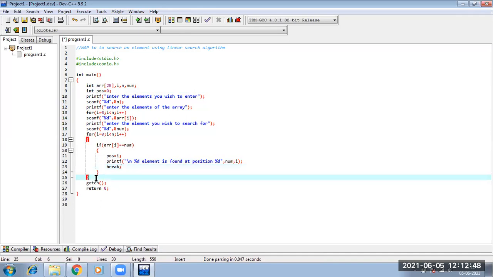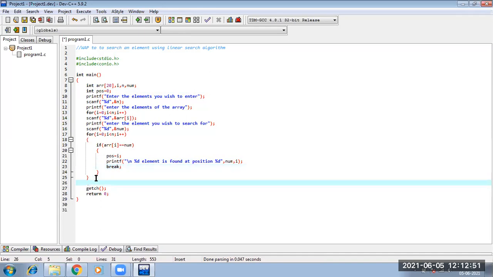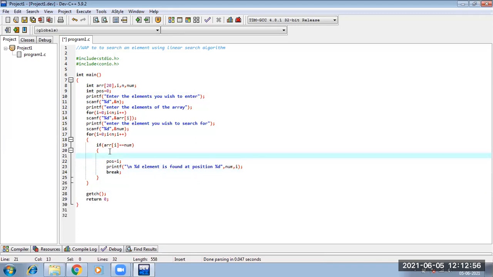And if at all it is not found, I am setting a found counter. If found is equal to 0, that means my element is not found. So initially my found counter will be 0. If my element is found, my found counter will be automatically updated to 1. If my element is not found,